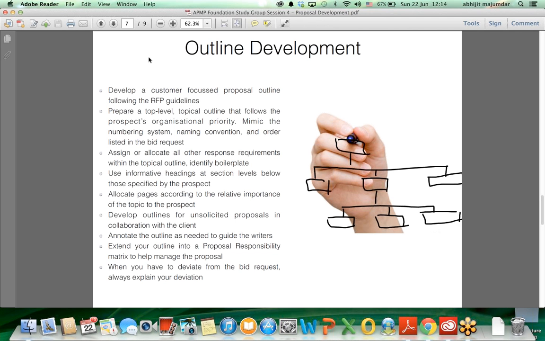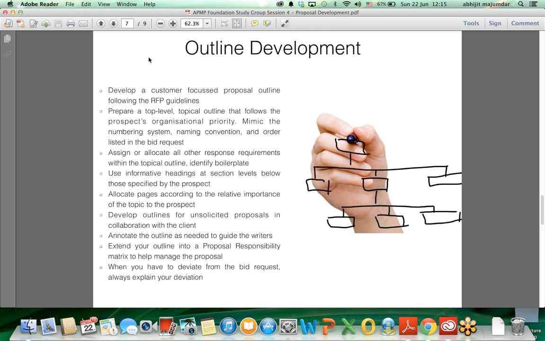In some proposals, you will see executive summary as a part of the proposal outline. In some, you will see executive summary is not there. If the executive summary is not there, it does not mean that you should not write the executive summary. You should write the executive summary but exclude it from the proposal outline. Your proposal outline should start with your table of contents and in the order provided in the RFP by the